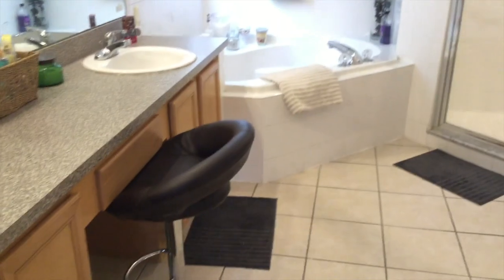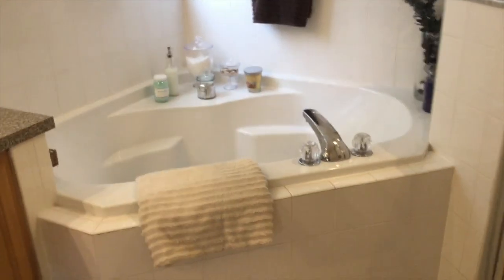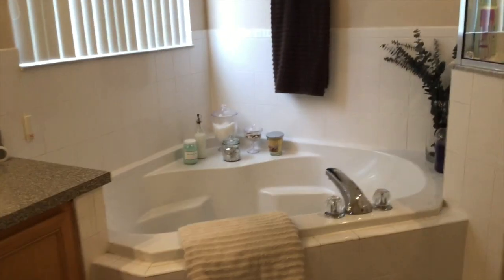Our other bathroom too was so tiny. It had one tiny little vanity sink, the toilet, and a bathtub in a really, really tiny place. And so my husband and I could barely fit in there together. So there is a dual vanity and a makeup counter, then a huge garden tub, and this was a huge selling point for my husband. We had to have a garden tub